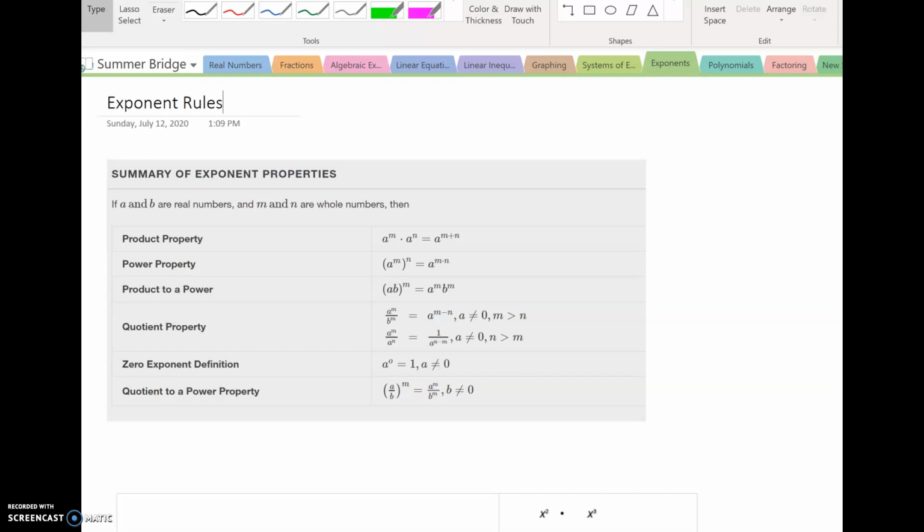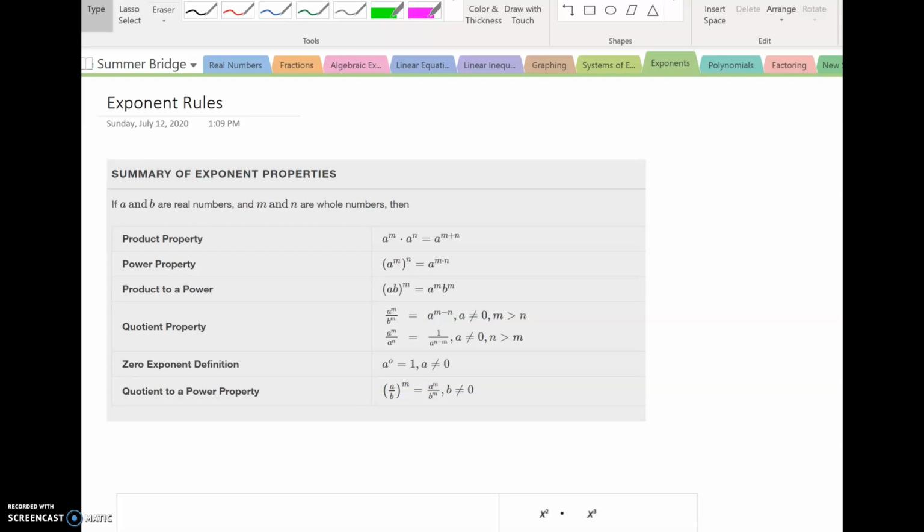Hi everybody and welcome back to Exponent Rules. So this video, we're going to be talking a lot about rules of exponents. And with that, we're going to be going through a lot of examples, a lot of rules, but